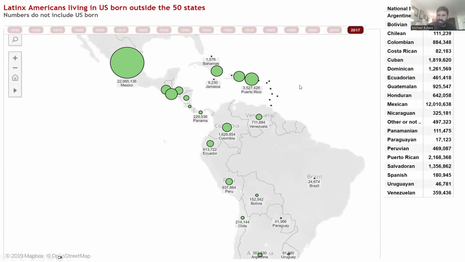And, as you can see on this chart, there's been a lot of migration from Latin America to the United States, but there are differences across countries. There's been very little migration, for example, from Brazil to the United States in comparison with countries such as Mexico, Cuba, or Puerto Rico. Okay. And of course, Puerto Rico in 1898 would actually become part of the United States, right? So as a result of that, there are a lot of Puerto Ricans on the mainland United States today. There's been less migration from South America in contrast, although there are some exceptions to this. Venezuela and Colombia have had a lot of migration in recent history.